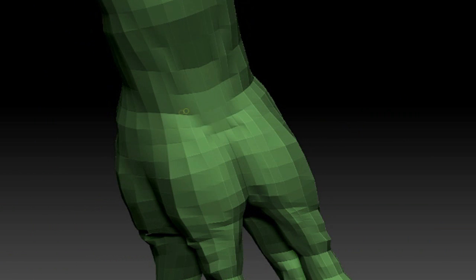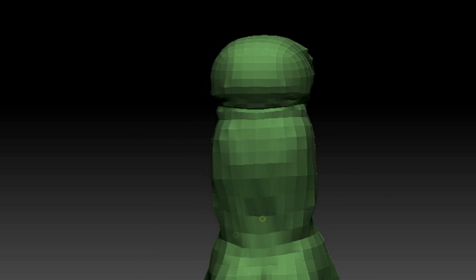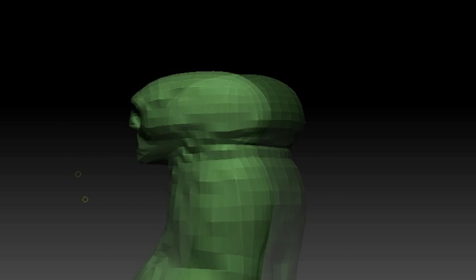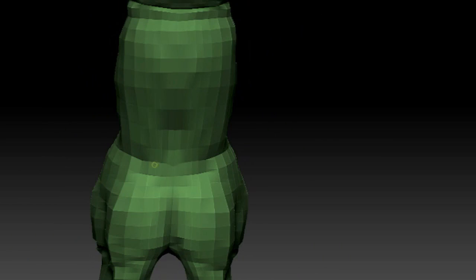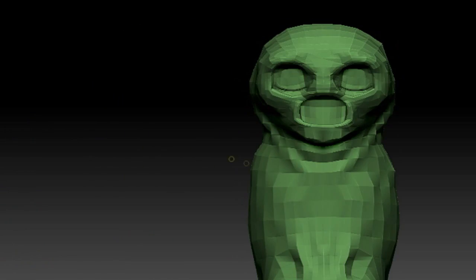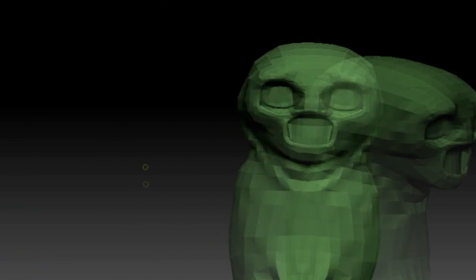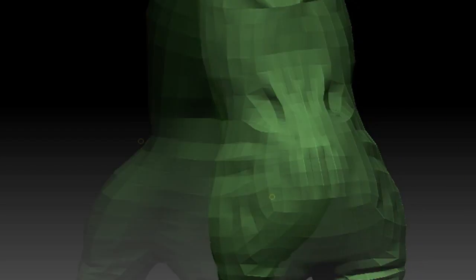So I'm starting to add wrinkles, and I'm starting to add the details on the stomach, so it will look like something is about to explode in there. So I'm building that. I'm building the fall off wrinkles around the neck, so it's like gravity is pulling it down.